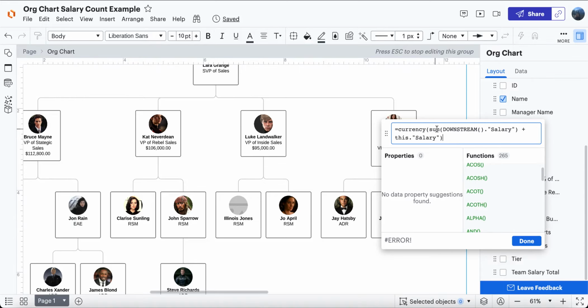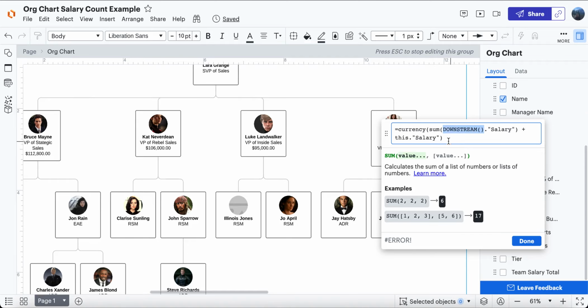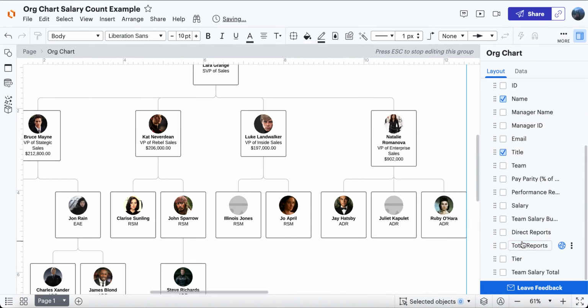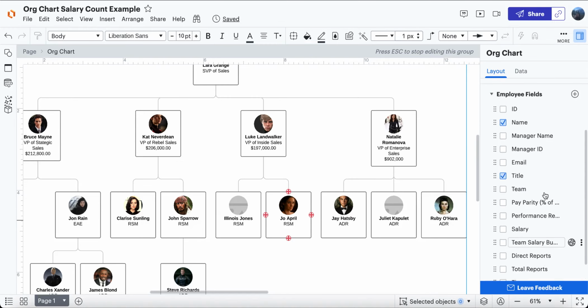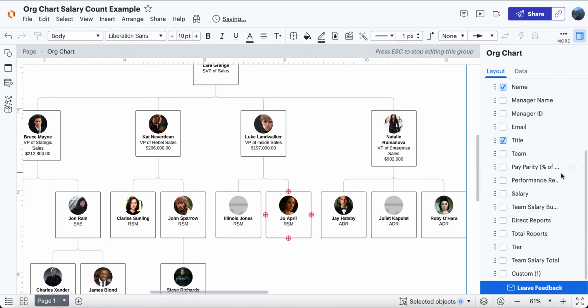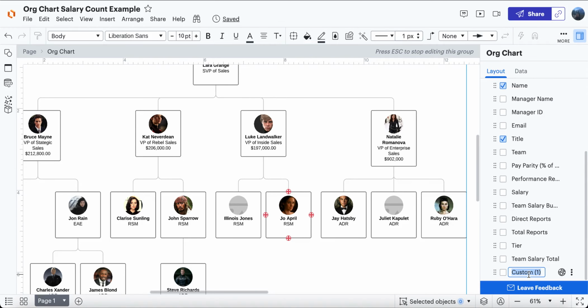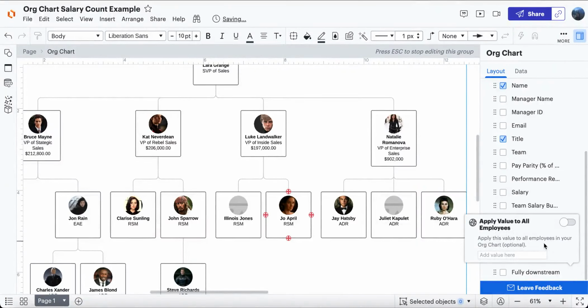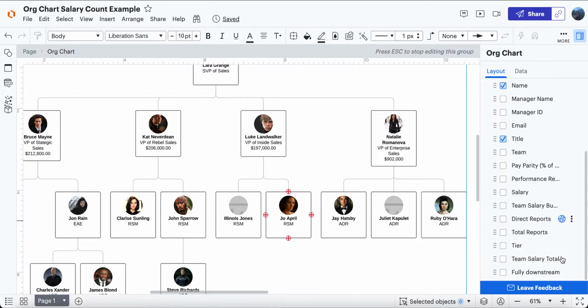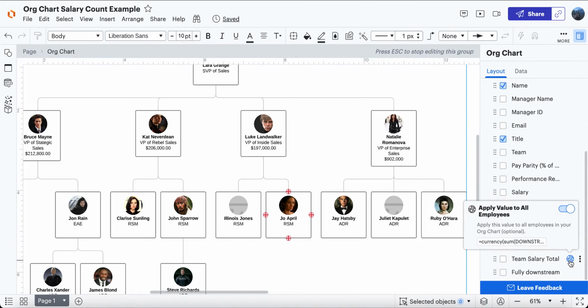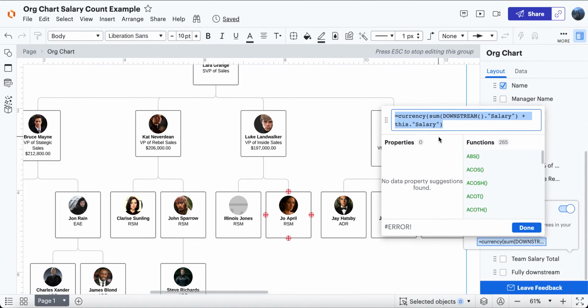So what we are going to get is the sum of everyone together plus that salary. And so now that's Luke plus his two employees. That's our team salary total. If we wanted to, technically I could do this again. So if I add a new field and we'll just say fully downstream, we'd probably name it better. I could do a similar one, and I could basically paste that same exact formula, except what I might choose